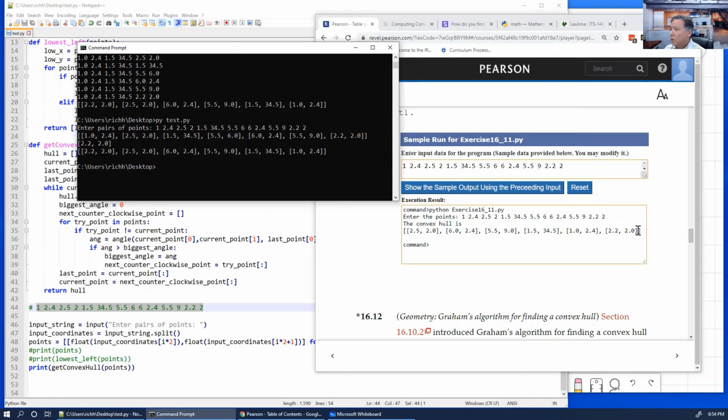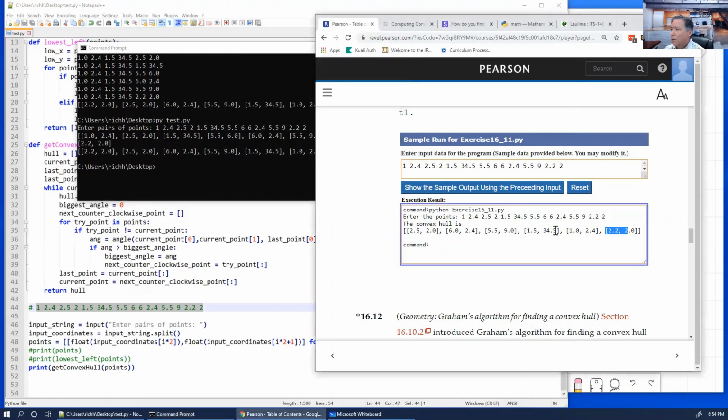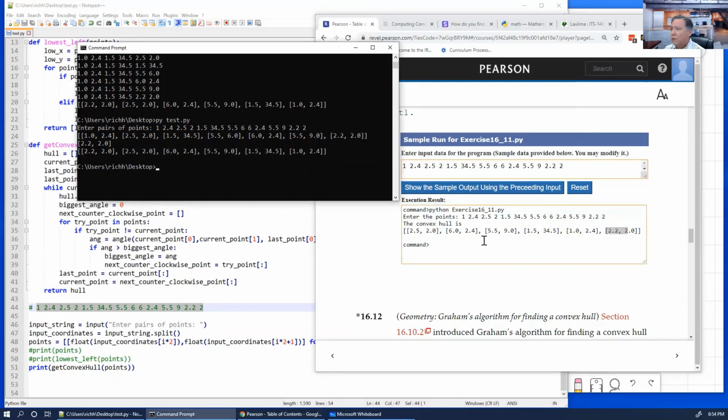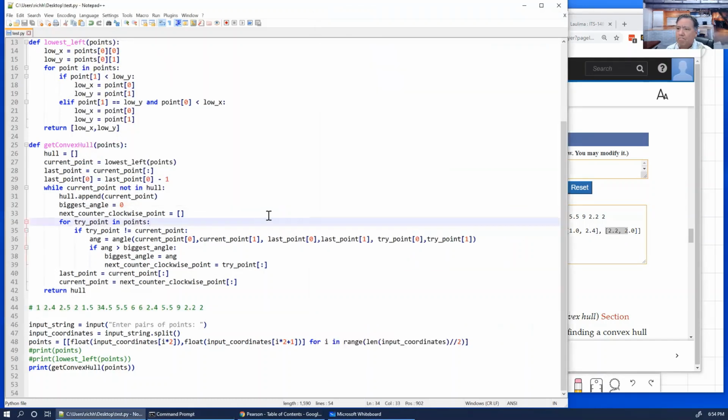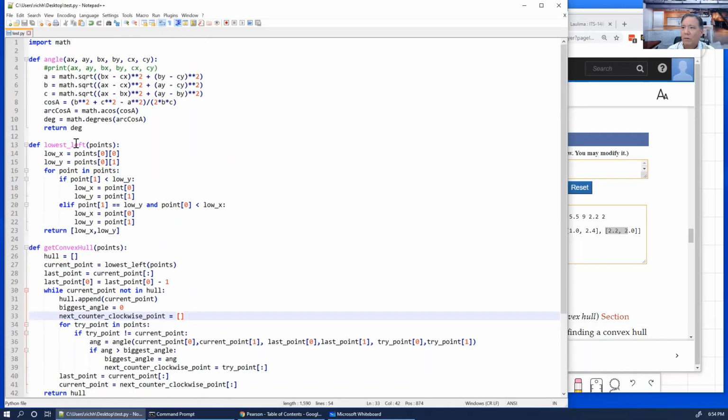You notice that this is over. This is not the first one. Okay, so I tell you what, I'm gonna try to fix that. Instead of making it the lowest left, I'm gonna make it the lowest right. I don't need to change the name of this, but I'm just gonna do it anyway. Lowest right, and this is gonna be lowest right, and lowest right is gonna be